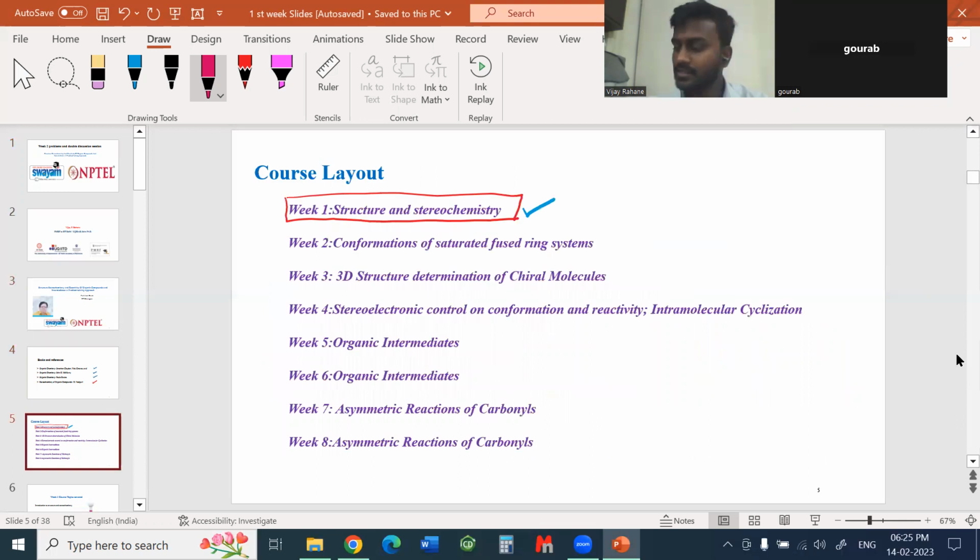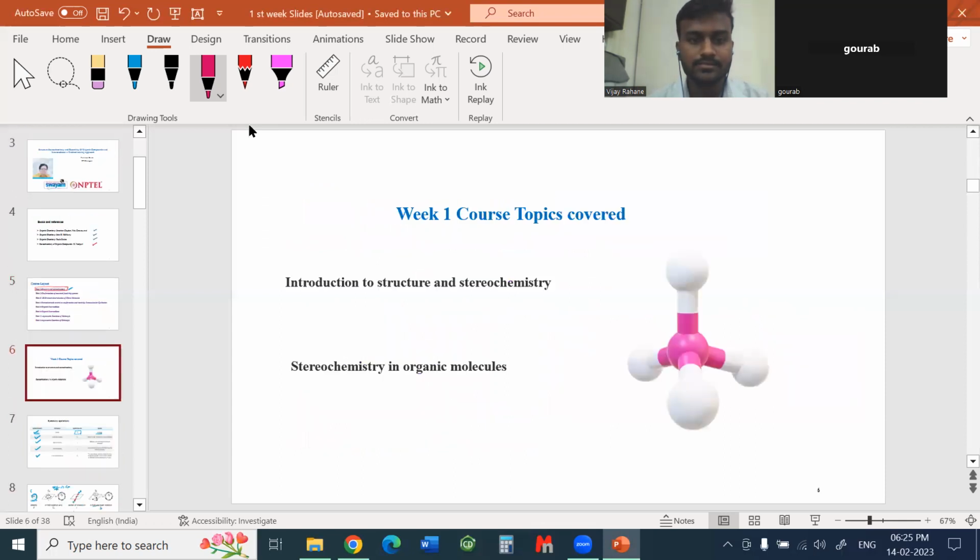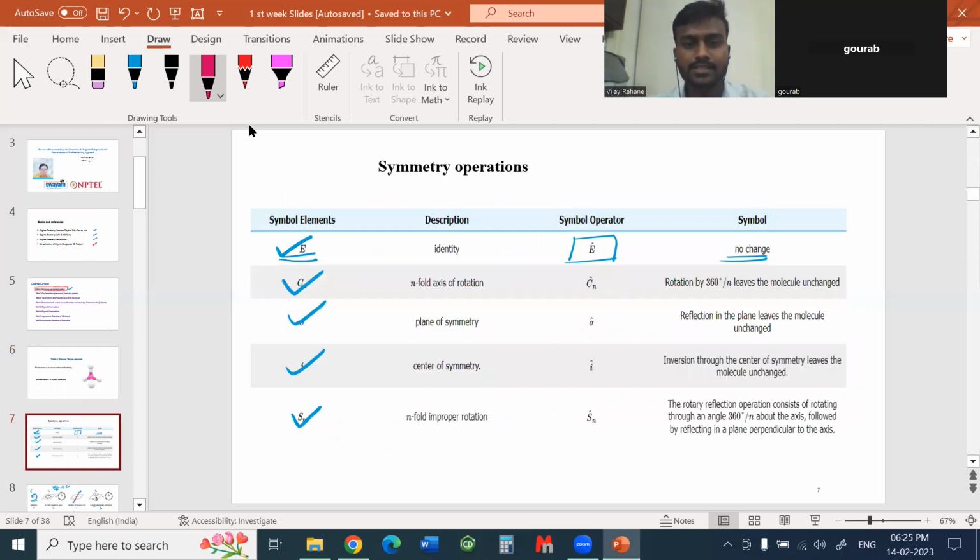In the first session, first week, we discussed the introduction to stereochemistry and the structure of some basic organic compounds, and why stereochemistry is important in the case of organic chemistry, right? All this we have covered in the first session, and also we have covered different